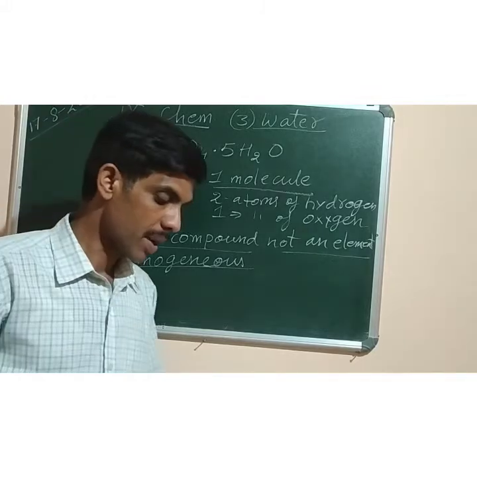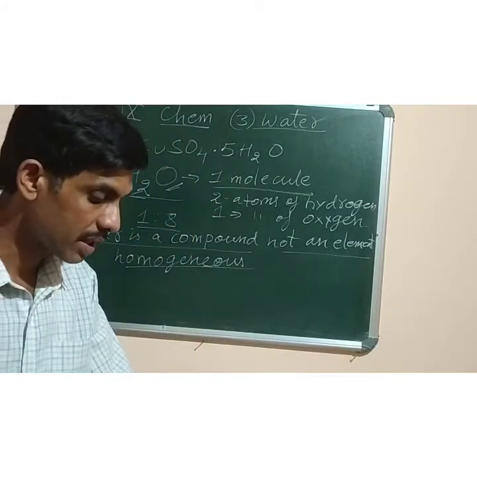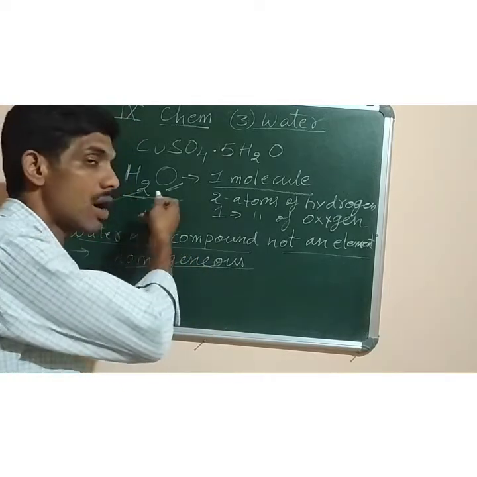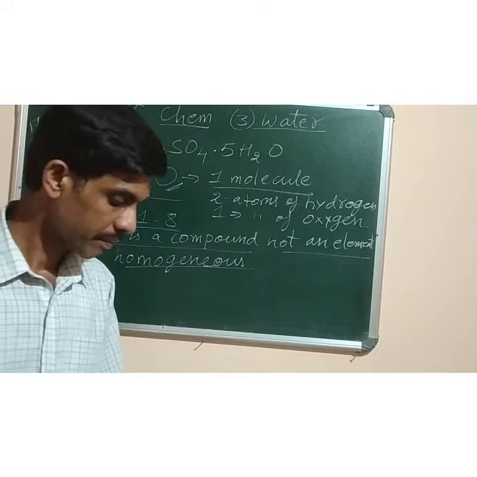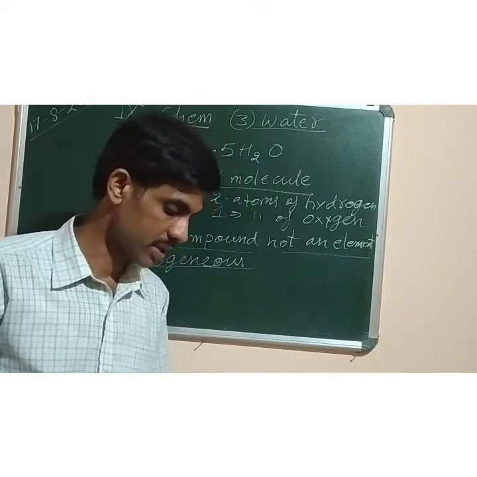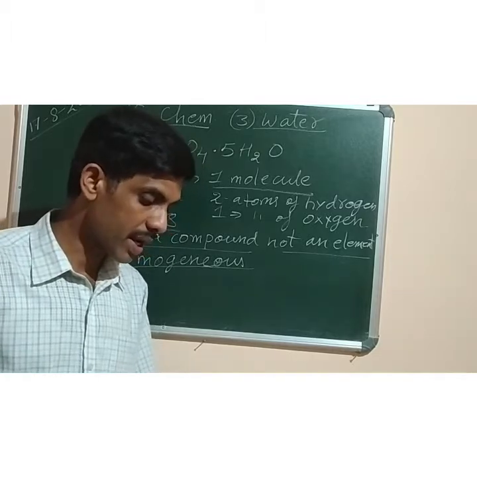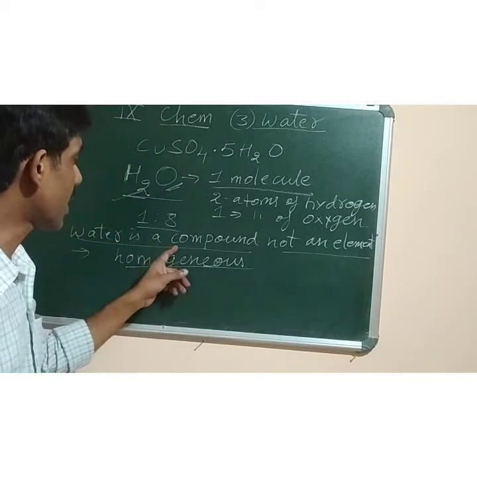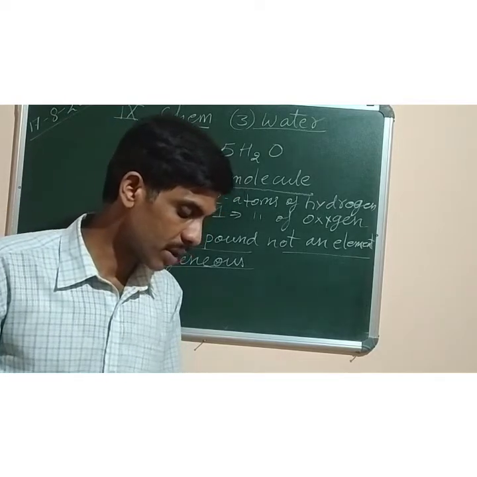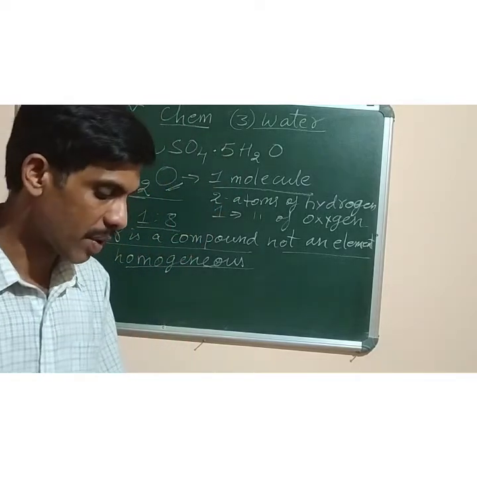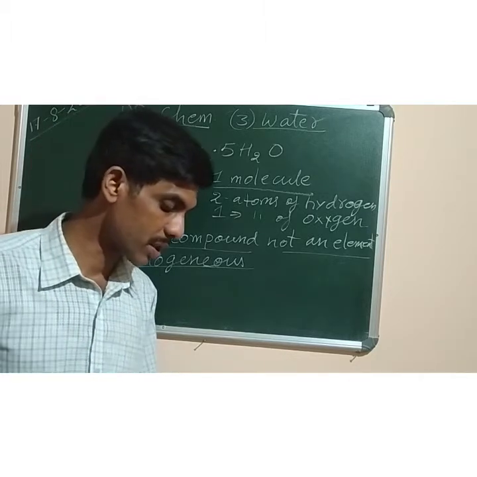Third point, the properties of water are different from that of hydrogen and oxygen. That is, hydrogen burns, oxygen is a supporter of burning, but water never burns. Okay, it extinguishes fire, of course. Then the fourth point, the components hydrogen and oxygen can be separated by chemical means, not by physical means. That is electrolysis of acidified water. By physical means, it's not possible. Already I have said this point also.